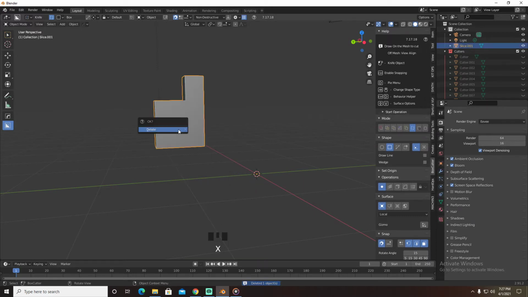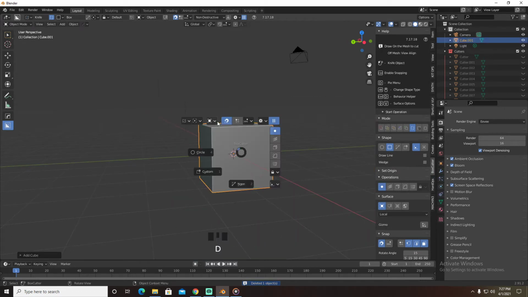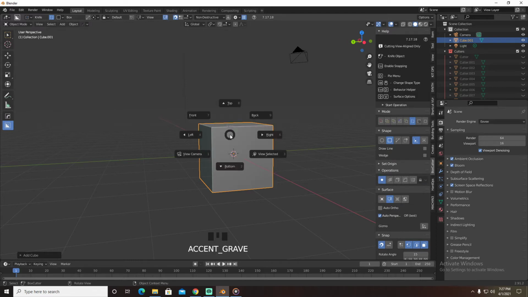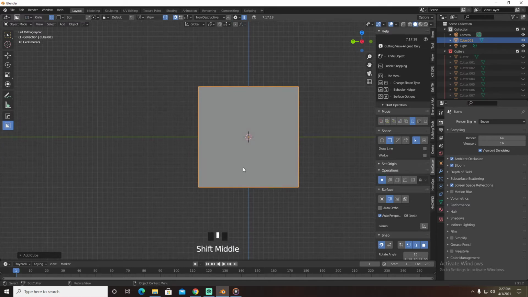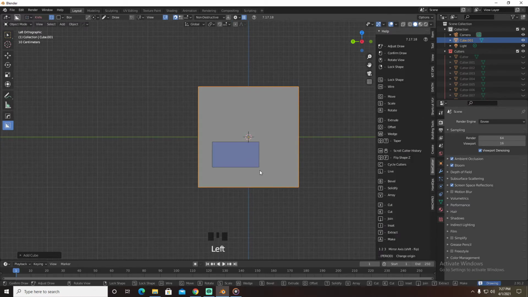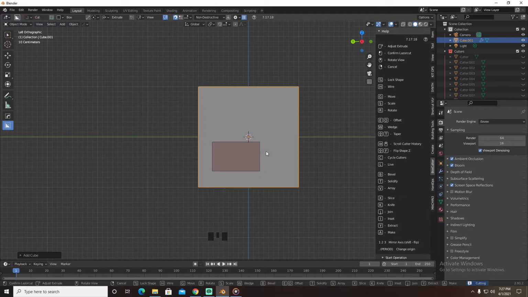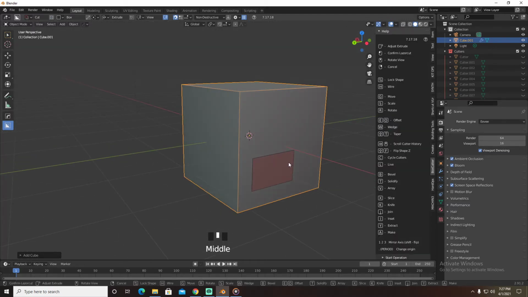Let's just delete these guys, and let's create another cube, and let's press D and go into view mode, and then we press tilde and we go to any view. Let's go to the left view. Now what the cutter is going to do is, let's stick to cutter, and if we turn around and we press the middle mouse button and we get out of the view mode and we press E